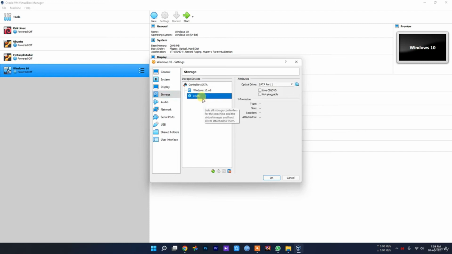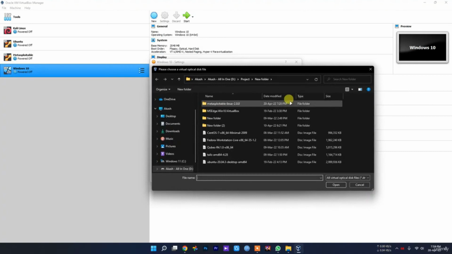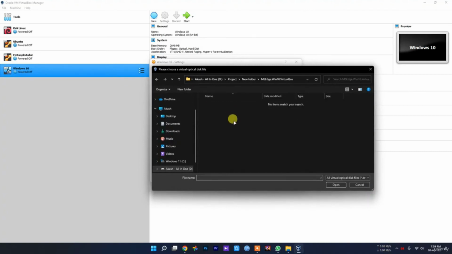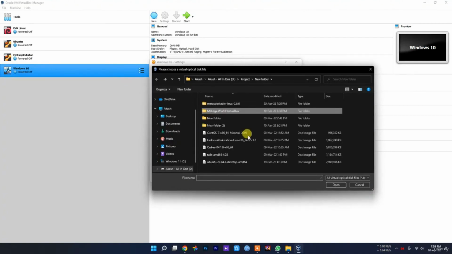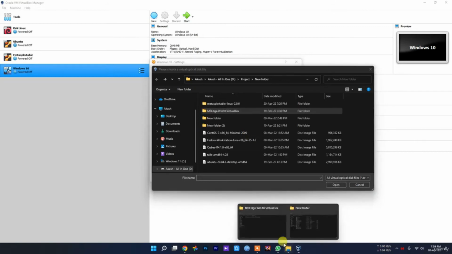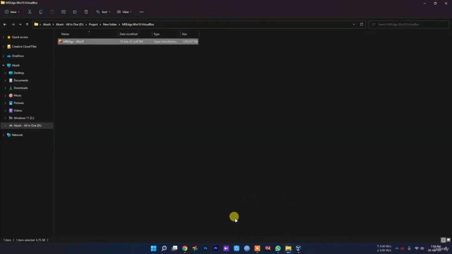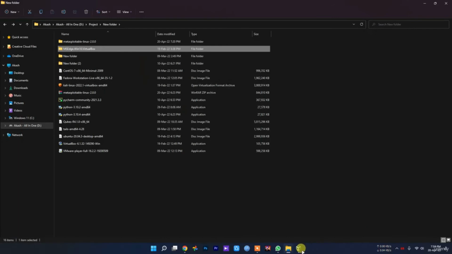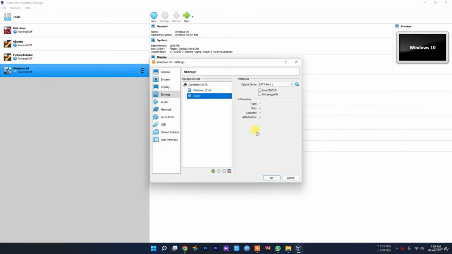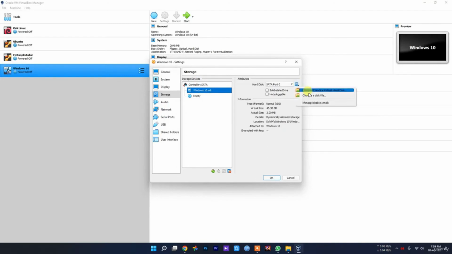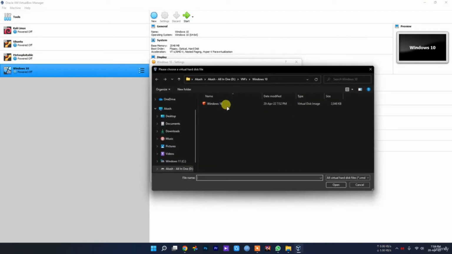So select empty, then choose a disk file, select the... so select this as